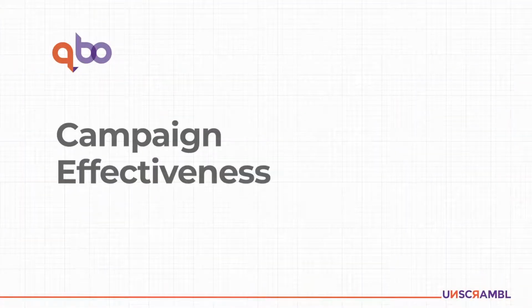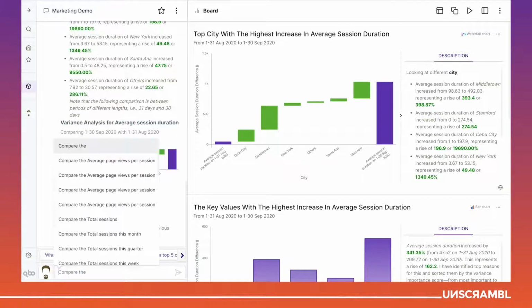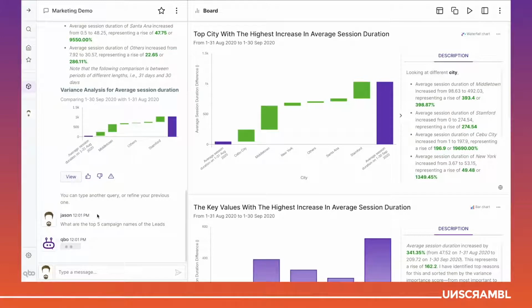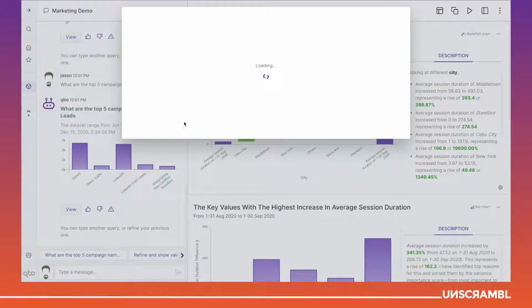So now I'm going to switch back into the CRM and marketing automation part of the data sets, and see which campaigns might be the biggest factors of driving more leads coming to the system. So apart from the traffic itself, what's driving this traffic? So let's say what are the top 5 campaign names that are giving me the leads? All right, so now it's going to look at the whole data set from 2015 to 2020, and now we see that